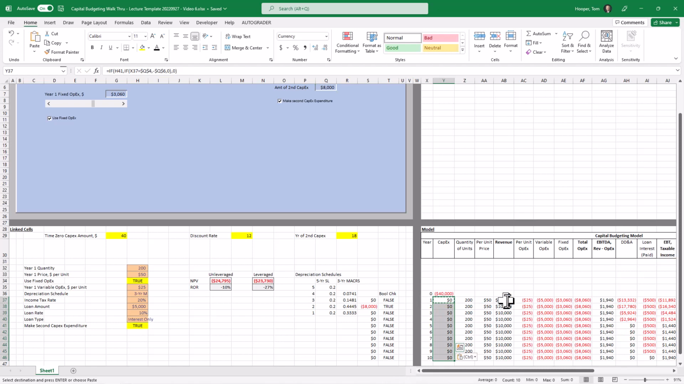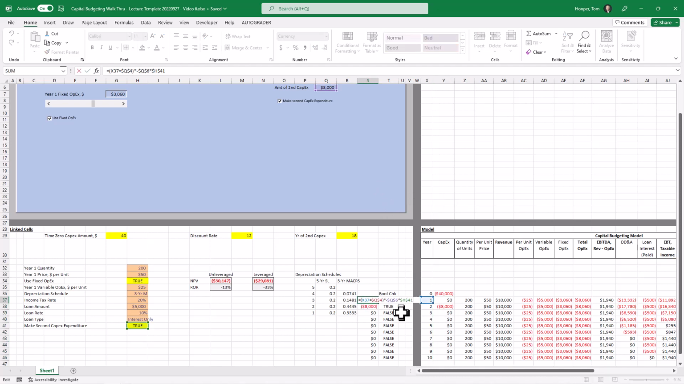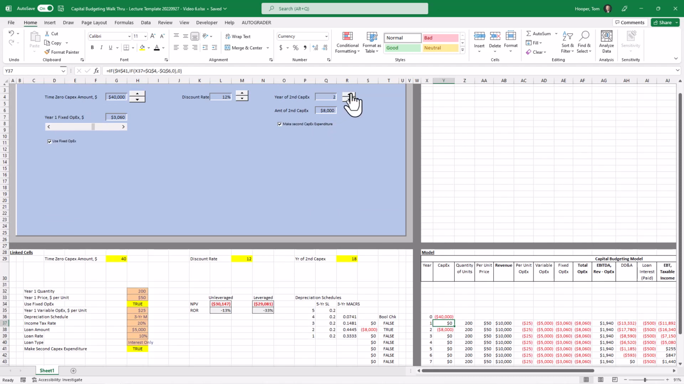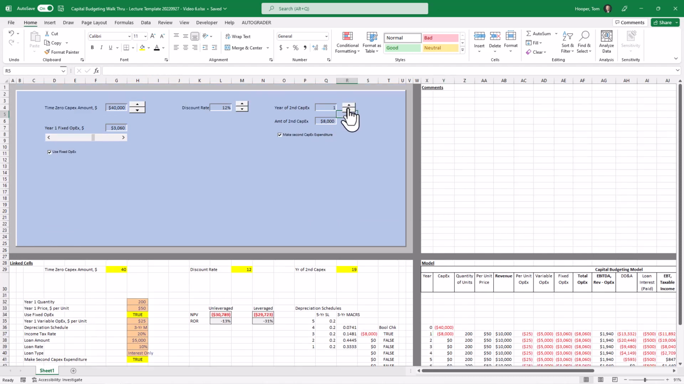Let's see if both of these work. Well, it's not going to work if I don't use the $ signs, is it? F4. Control D to copy down. Okay. So we're comparing the entire Boolean approach to the nested if statement approach. And if we turn it off, both of them go off. And if we move the Capex,